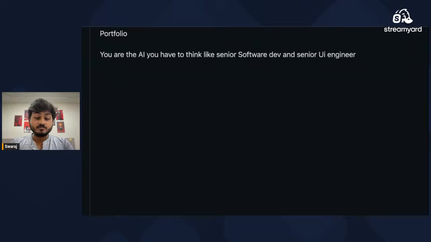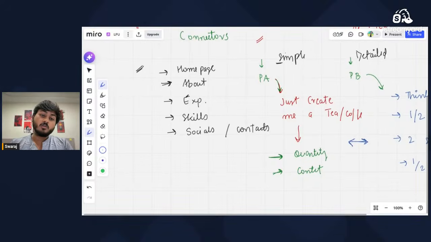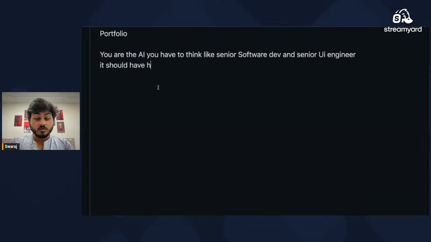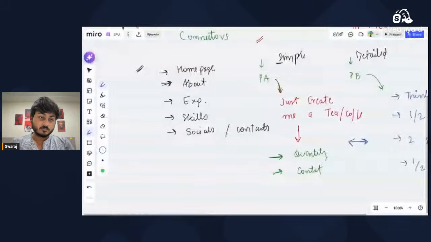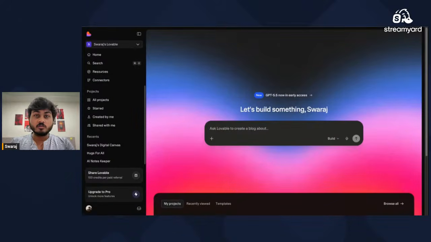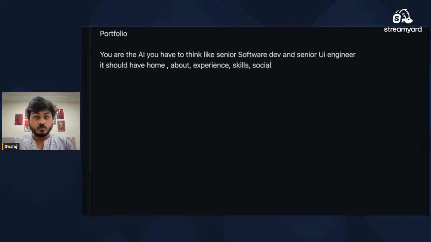Next, first have to define the panels. So our portfolio should have how many portions? Let me check. What we're trying to create should have home, about, experience, skills, socials and contacts.